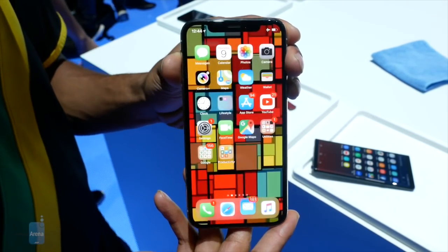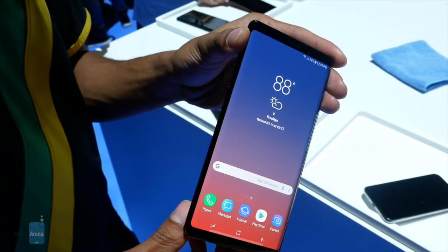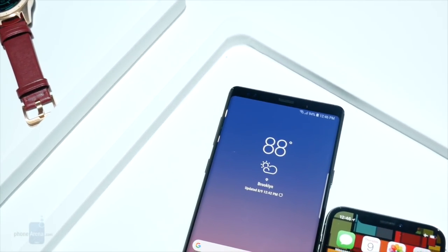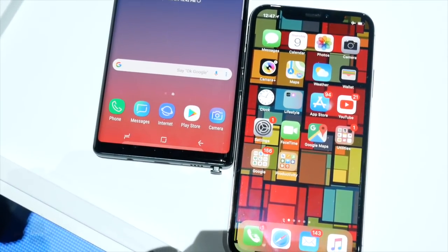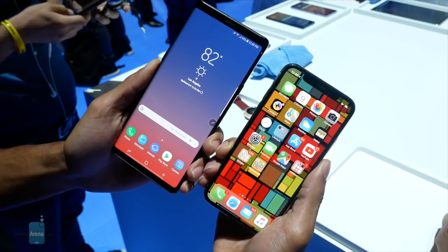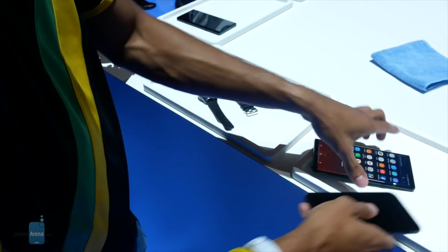refined aesthetically. In terms of screen technology though, the iPhone X's OLED display compares well against the Note 9's AMOLED display. They are, after all, made by the same manufacturer in Samsung. The Note may appear a bit more punched up and vibrant, especially with the True Tone feature enabled on the Apple device, but both have exceptional screens with great color accuracy. The iPhone X may display slightly more accurate hues compared to the Note 9's deep, popping colors, at least in their default screen modes. Both devices feel good in the hand due to their rounded sides, but naturally, the iPhone